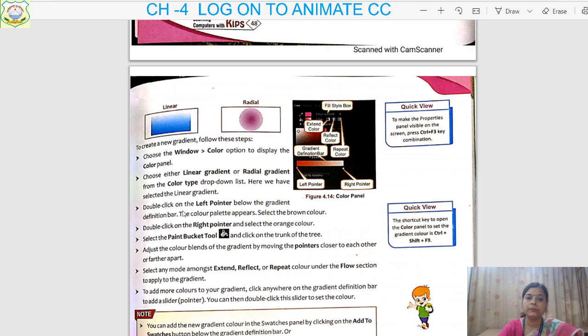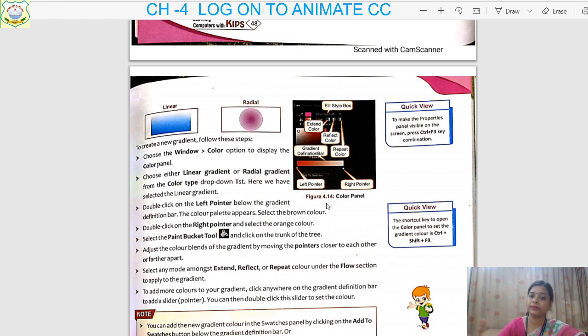Okay. Now double click on the left pointer. See, this is the left pointer, and when you drag the mouse pointer from left to right or from right to left, the color will change. Sometimes it will give more focus to the dark color, or sometimes to the light color. So double click on the left pointer, then the color palette appears. Select the brown color. Then double click on the right pointer and select orange color.